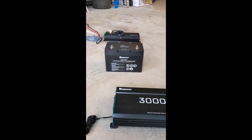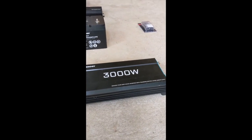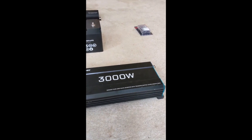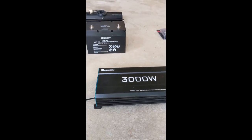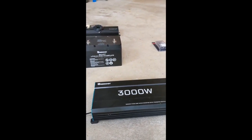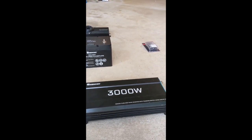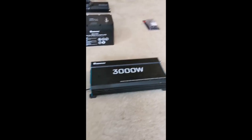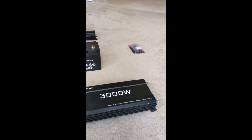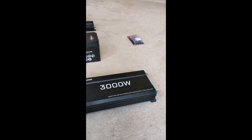Okay, and as you can see, the Renology is the choice of brand for me here. Seems a very reliable brand, good support, good quality product as well. So these aren't bottom of the market, definitely not top of the market, but they're definitely a very good product to use. So the 3000 watts means I can essentially run a number of 240 volt devices